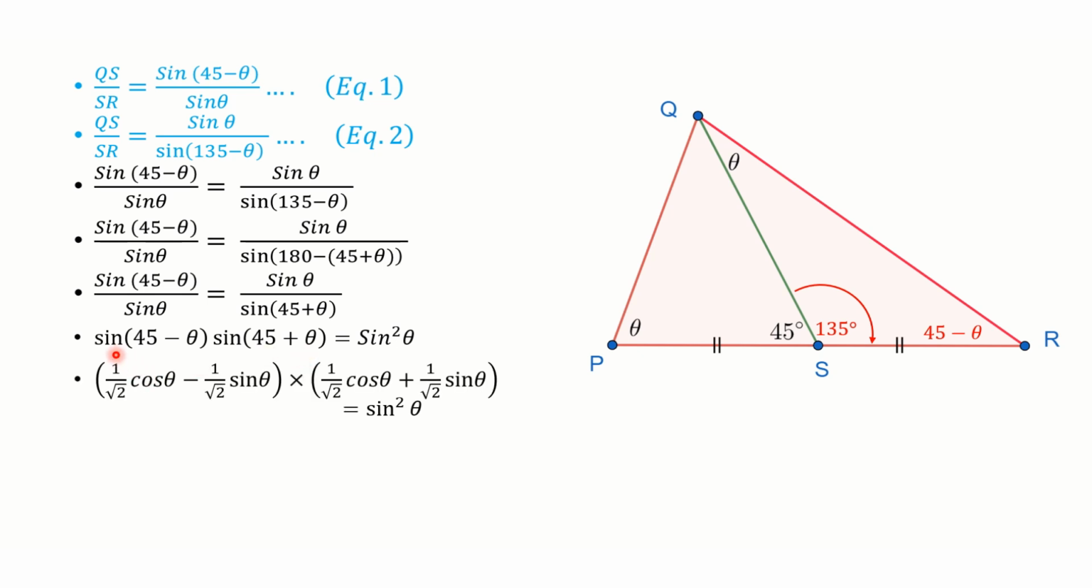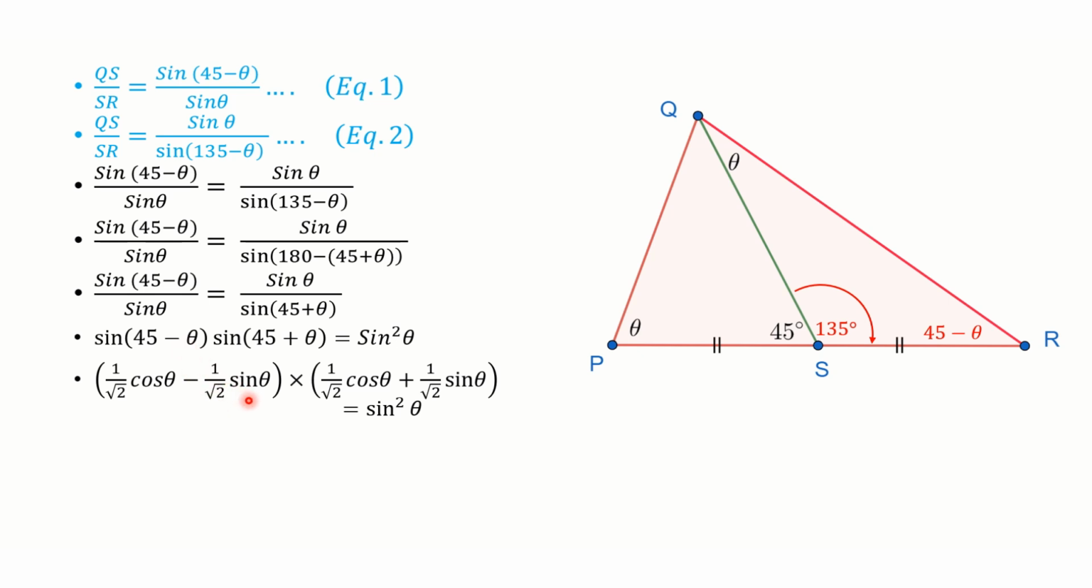Now, I will expand this. So, if you remember, sine A minus B is basically sine A cos B minus cos A sin B. So, I can expand this. This is sine A cos B minus cos A sin B. In this case A is 45 degree and B is theta. So, this will be sine 45, which is equal to 1 by root 2 times cos B. So, cos theta minus cos A, that is cos 45, 1 by root 2 times sin B, that is sin